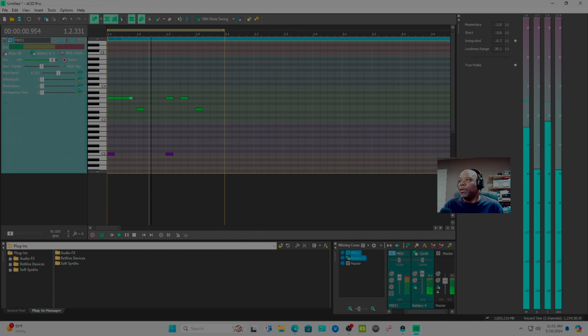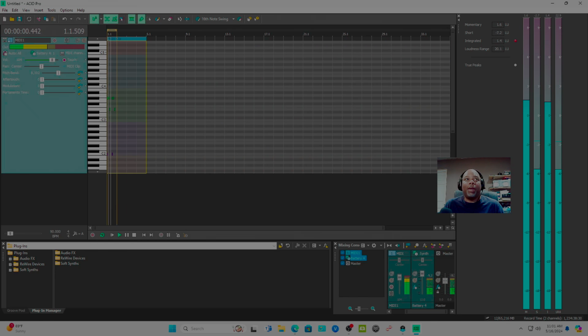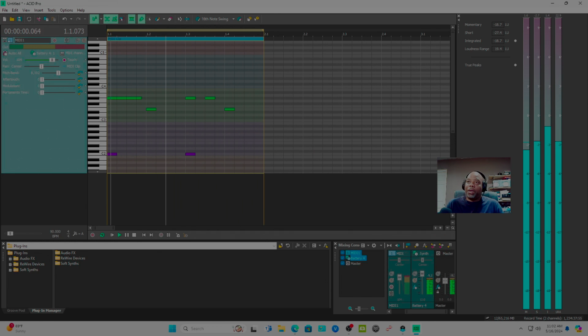So let's zoom out by hitting the left key down here. You grab your MIDI clip. And now you created your own loop. Pretty much that's what you did. So you created your own loop using other VSTs. And you can create, up in here, and that's what you do.